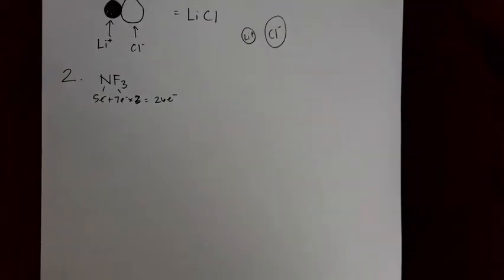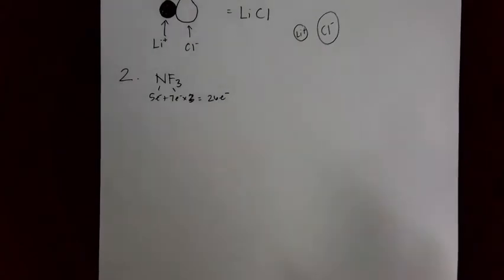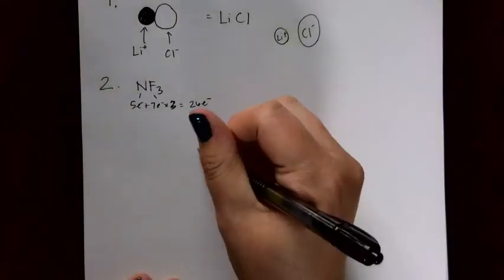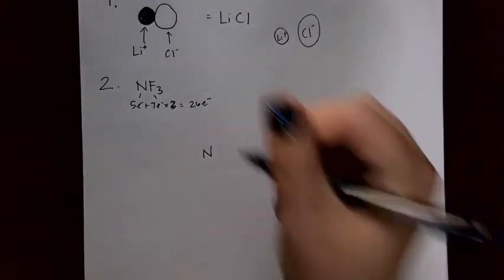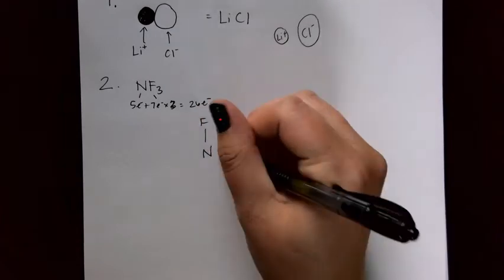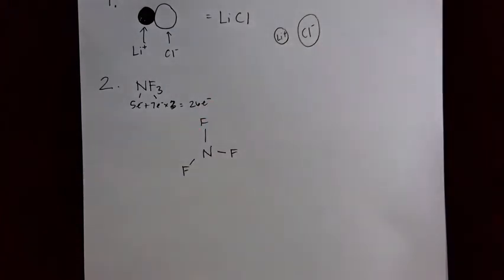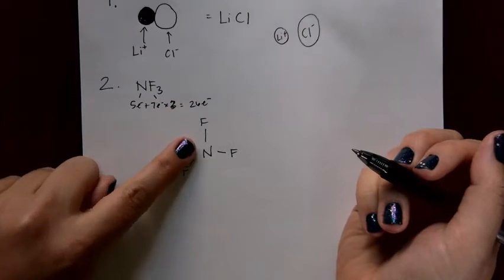Okay, so I'm going to back off a little bit here, hopefully you can see. Since nitrogen is written first, I'm going to put nitrogen in the middle of my Lewis structure, and then draw that skeleton around it. I tend to draw my elements evenly distributed around my central atom to see how things go. So I've got 26 electrons. To make all of these connections, I had to